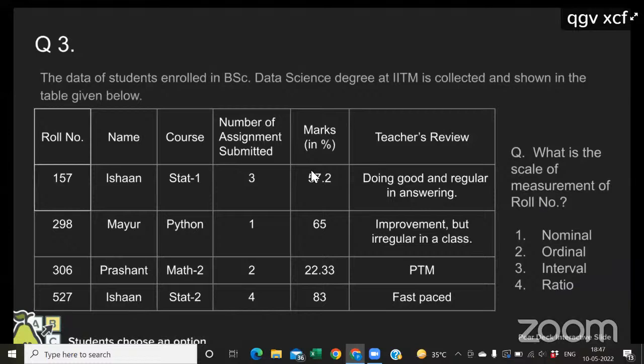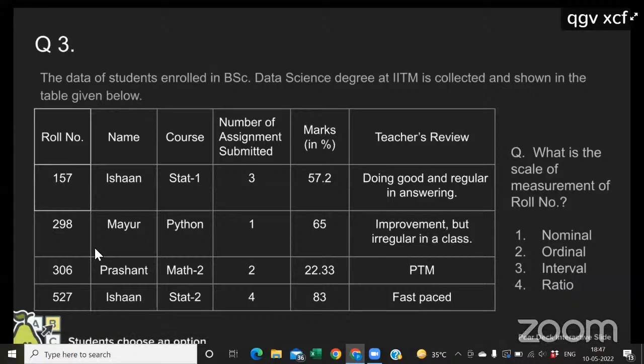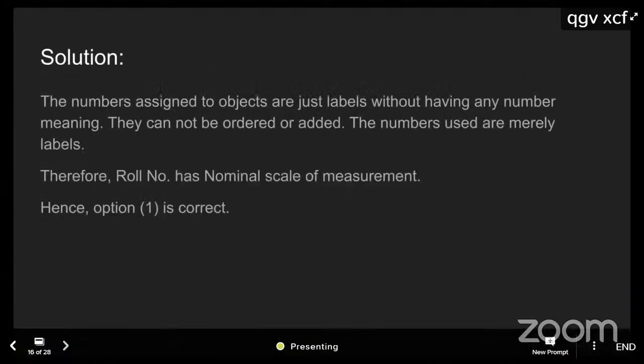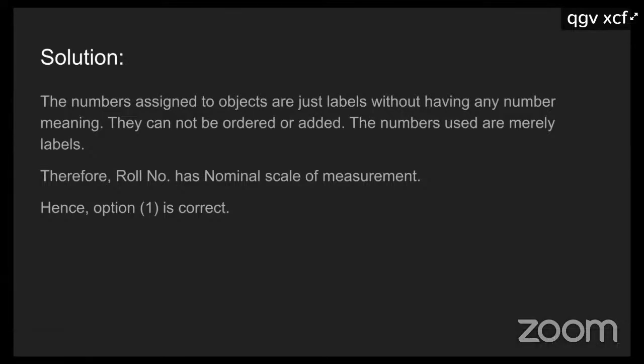Why not numbers, sir? See, can you say your roll number is much better than my roll number? No, sir. Can you do any mathematical operation on that? Can you say your roll number is 2 times mine? Does it make any sense? No. Numerical data is something where you can perform meaningful mathematical operations, and categorical data is where category-type things are mentioned.